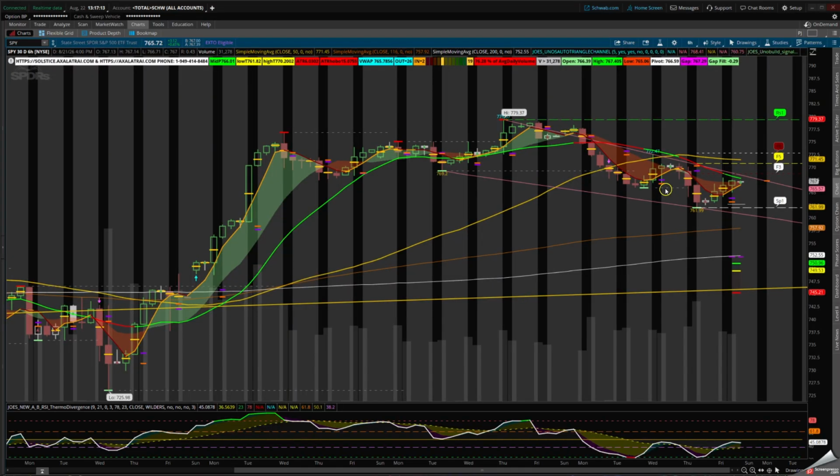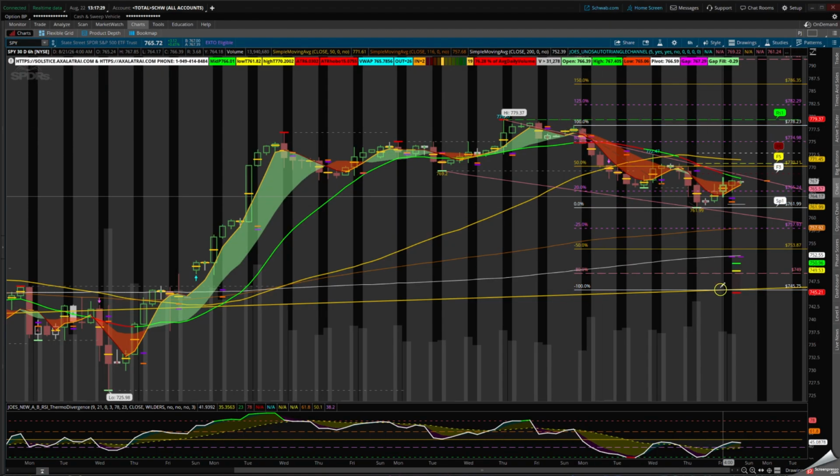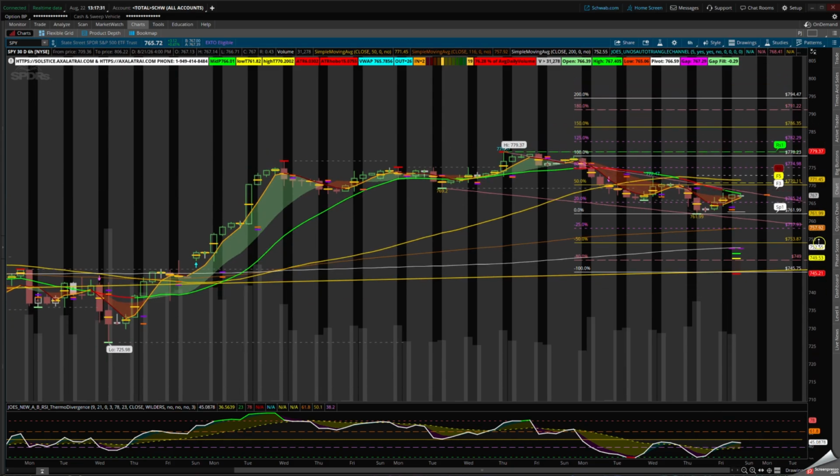I wanted to show this level to show you this was the Thursday's high from last week. This is the Friday. I'm going to count from Monday through Friday the highs and lows. So we're going to measure this, okay? I'm going to show you how to measure this using measured extensions to the downside as well as extensions to the upside, and I'll show you how to look at it.